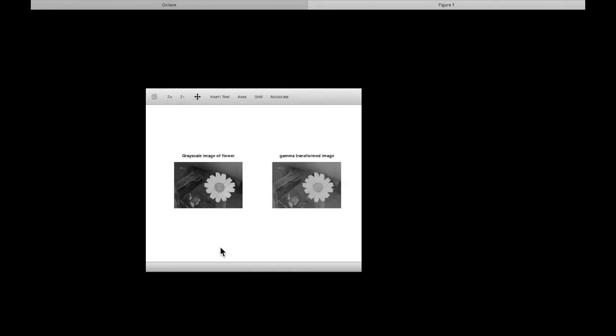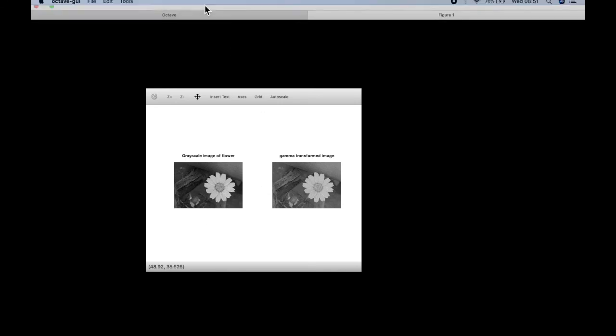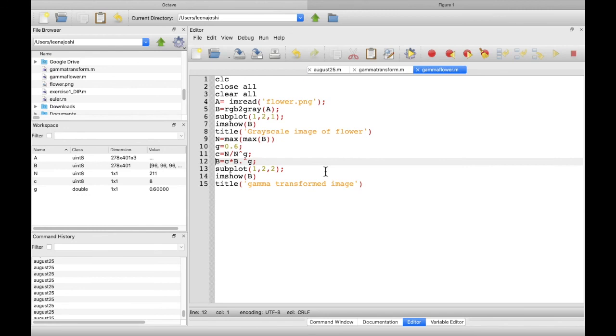So this is our image. You can see that the image has become brighter. Now if I want to darken the image, because n is otherwise unsigned integer 8 value, because it is coming from matrices which are themselves unsigned integer 8-bit, we need to convert it to double.